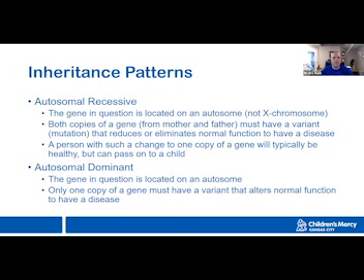So as far as inheritance patterns are concerned, there are really 2 that we need to think about here, and we'll talk about those, and we'll talk about kind of what some of those mean. But when we're thinking about inheritance, we can think about this in terms of recessive, and we can also think of this in terms of dominant. And for our purposes here, we're only looking at this on the autosomes. So these are not the sex chromosomes; these are the autosomes.